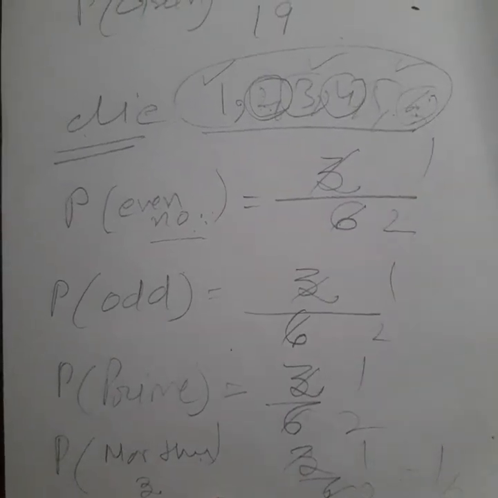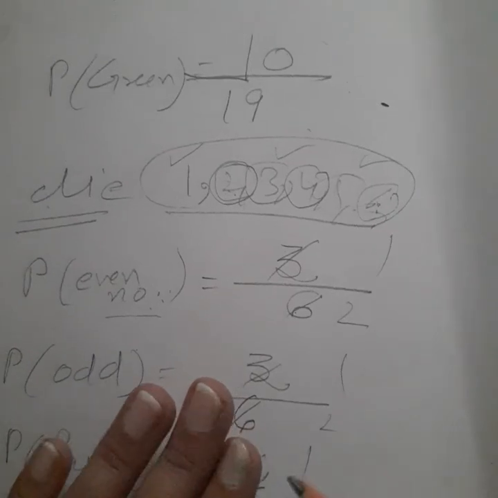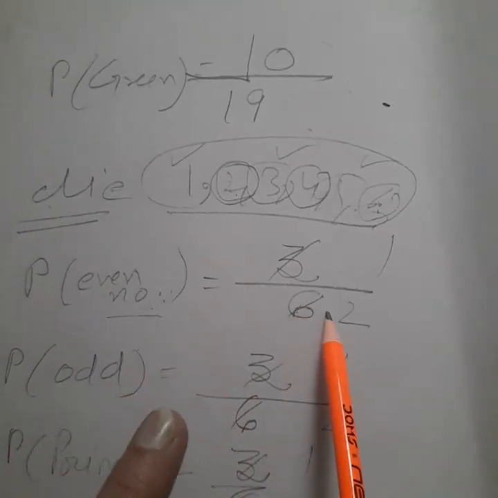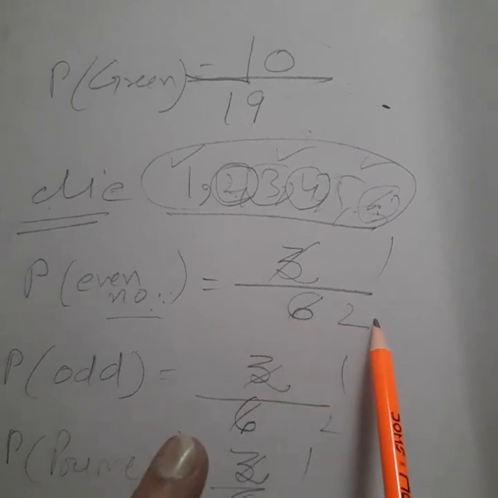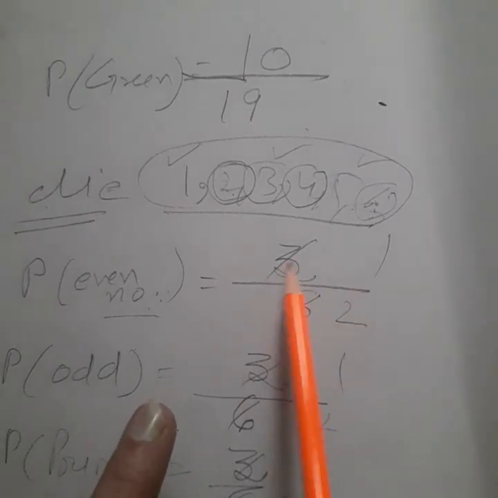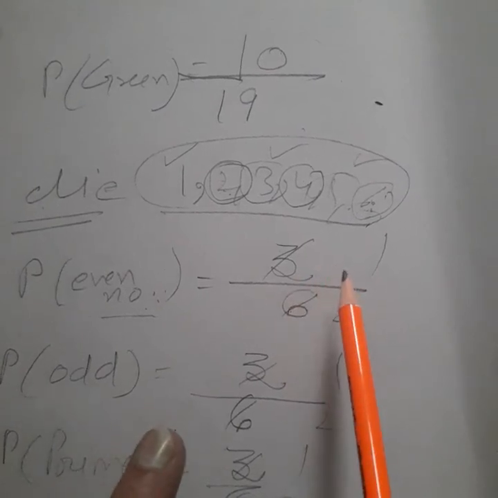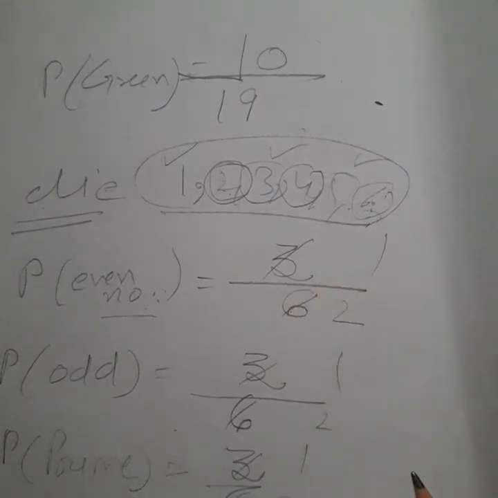I mean to say that for the probability of an event, the total number of outcomes we write in the denominator, and the number of favorable outcomes we write in the numerator. So students, these are some basics of probability, and the concept of probability is very wide,